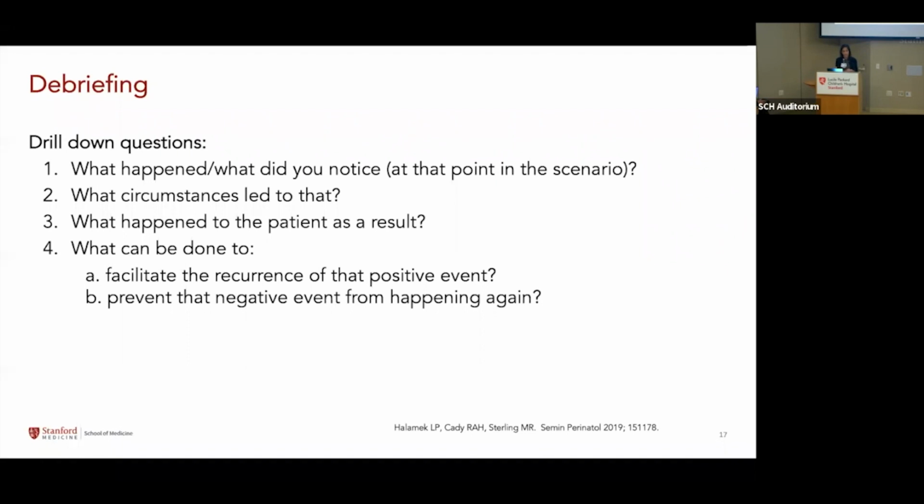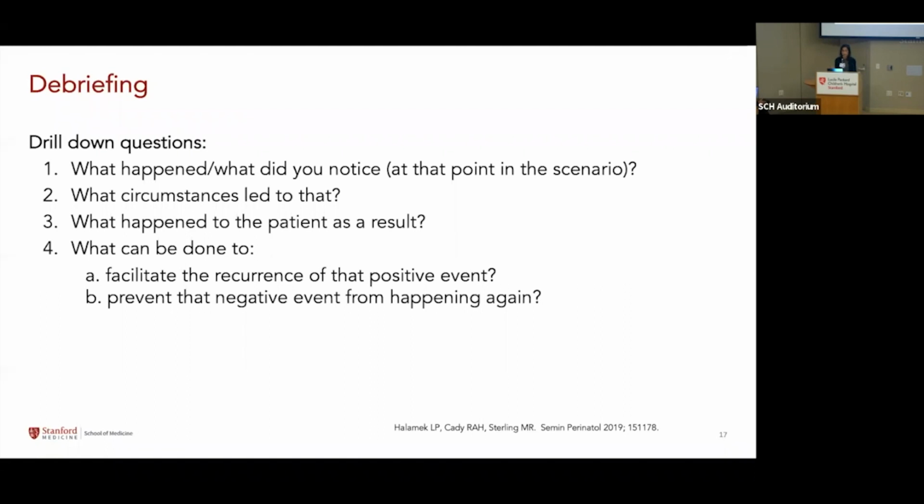And this brings it back to focusing on the whole event in the context of the mission. So rather than allowing people to go down the rabbit hole of, oh, these are the mistakes that I made, thinking about, okay, this happened, the circumstances that led to it, and how did this ultimately affect the patient in the context of team performance? And then not stopping there, but really getting to this last question, which even as people are starting to use this drill down that I've shown here, people often forget the fourth question, but that's, I think, the most important,